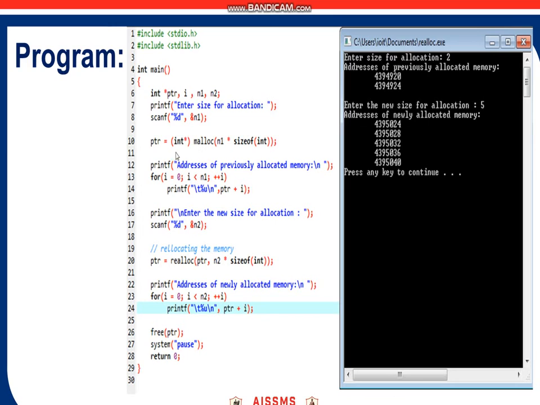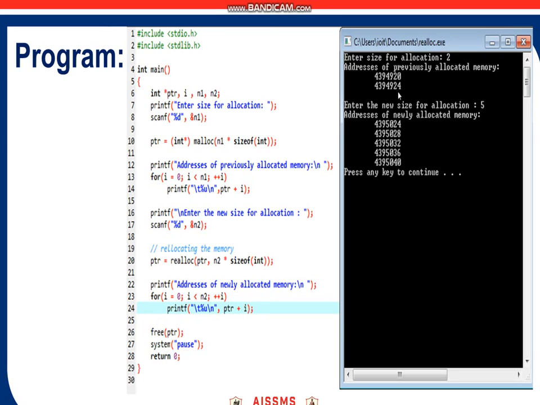Then we allocate that size by using malloc as ptr = (int *) malloc(n1 * sizeof(int)). After that we print the address of previously allocated memory with %u. You can see in the output also, the address of previously allocated memory, the last ones are 20 and then 24.